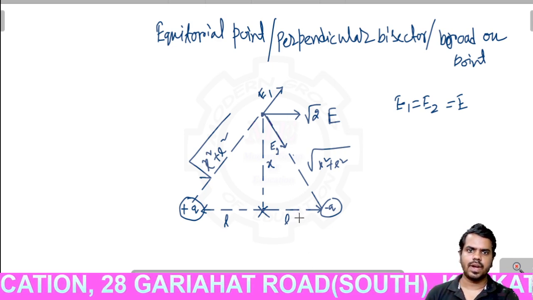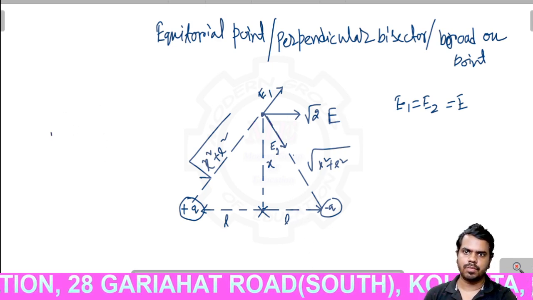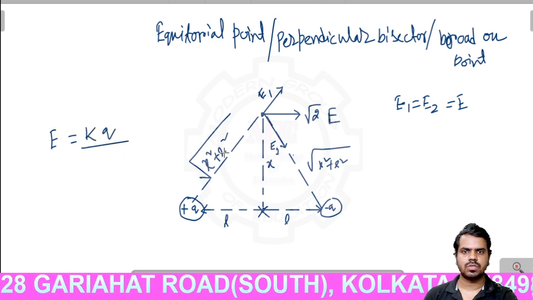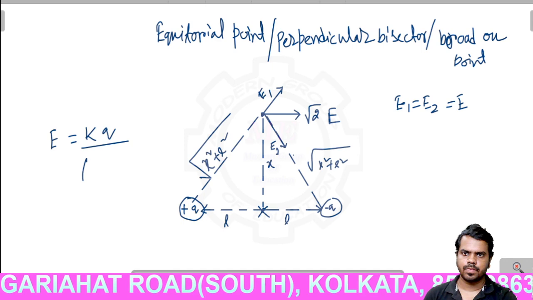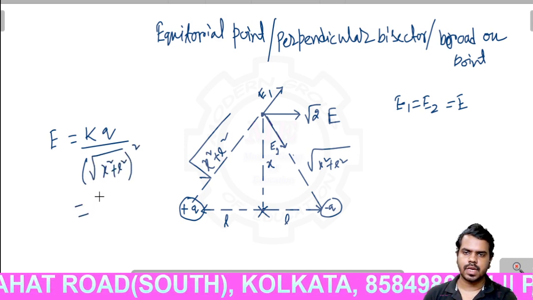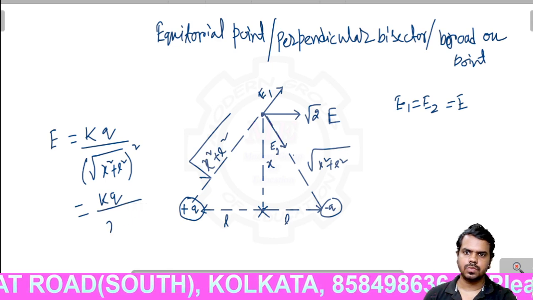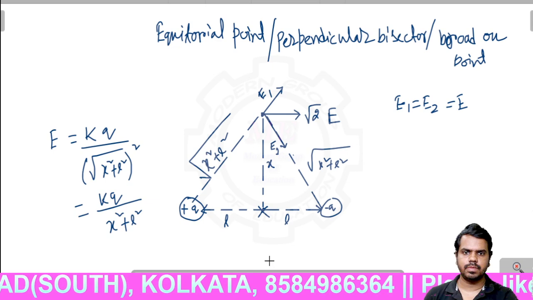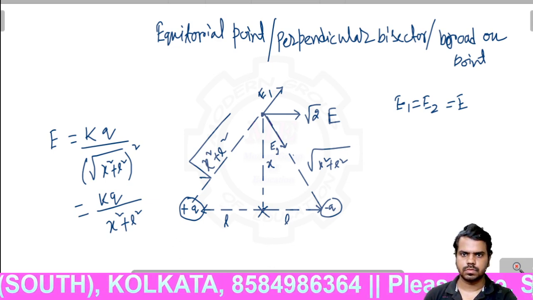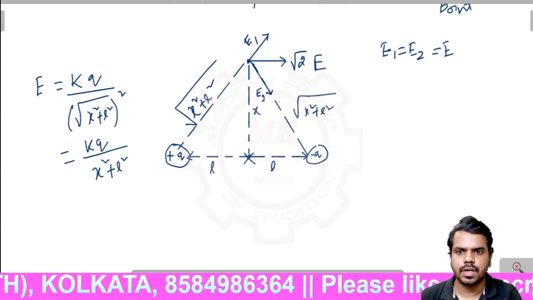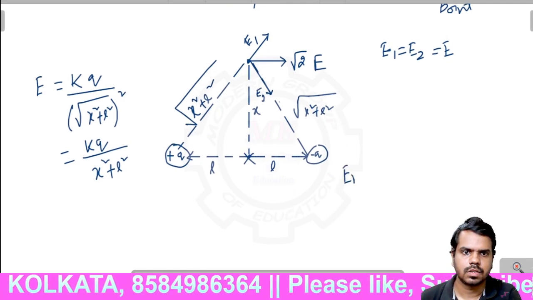So now find the E. The value of E will be k into q by x square, where x means root over x square plus L square whole square, that means kq by x square plus L square. So the net resultant will be